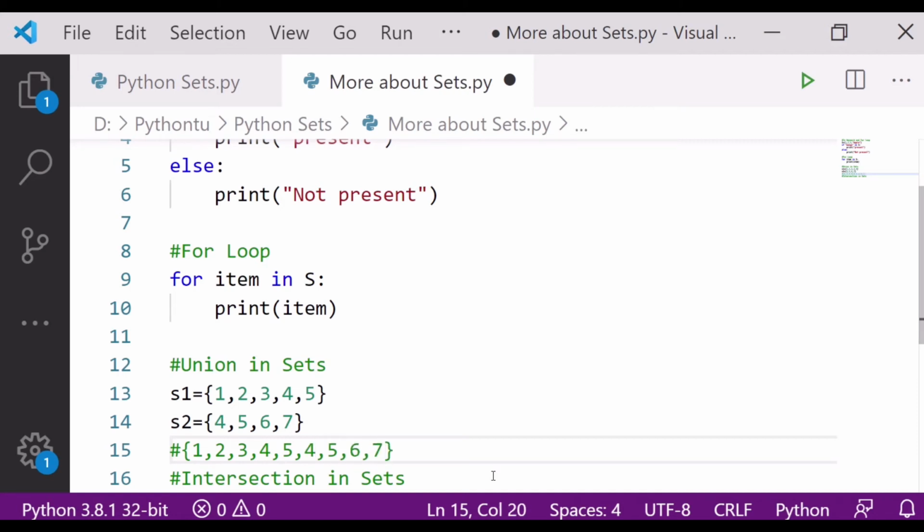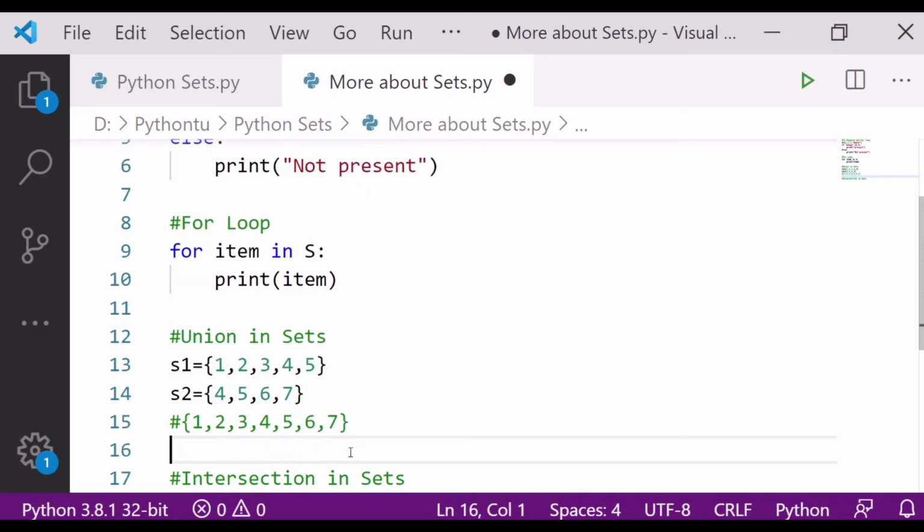I think you are also thinking that if I have to join two lists, then both things have to be here. But in sets, why do we use sets? To remove the repetitive numbers. So here we have 4 5 and 4 5, it is repeating. So what will the set do? It will not take the repeated numbers and your output would be like this. So let's see how to do that.